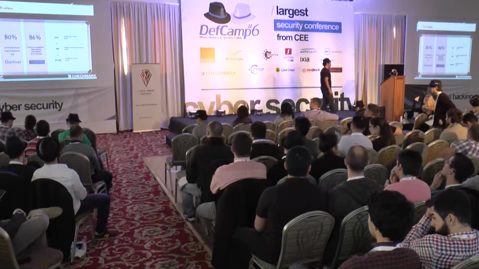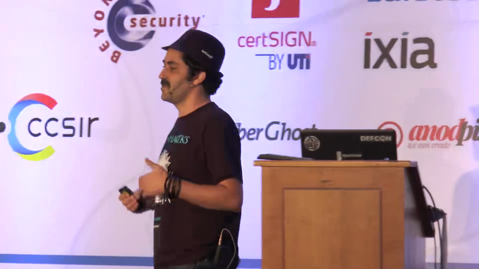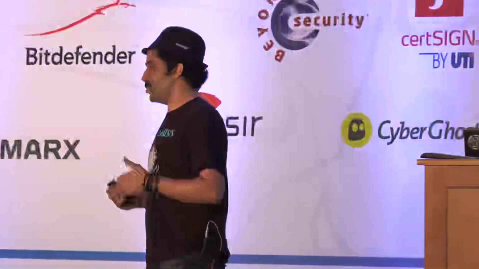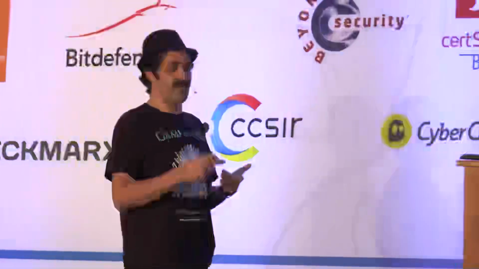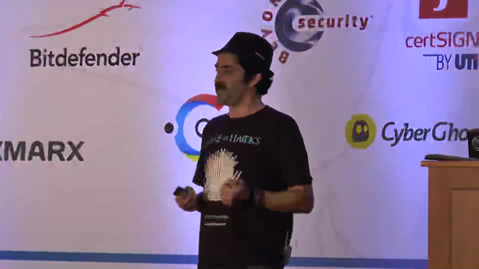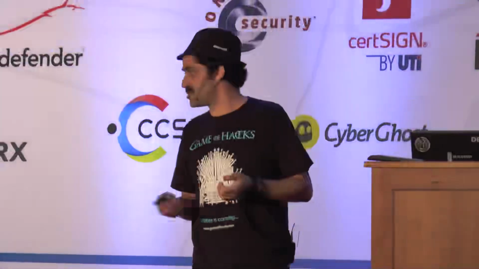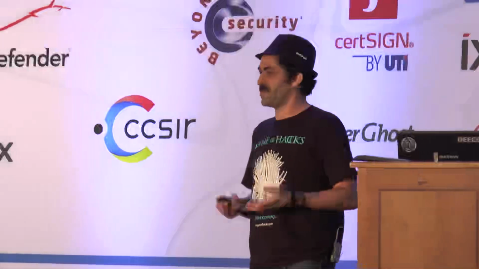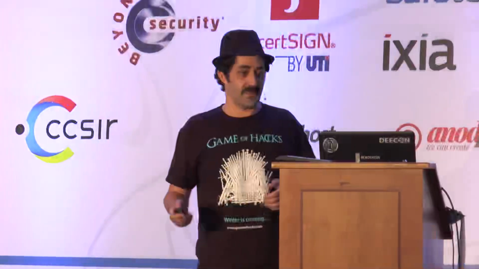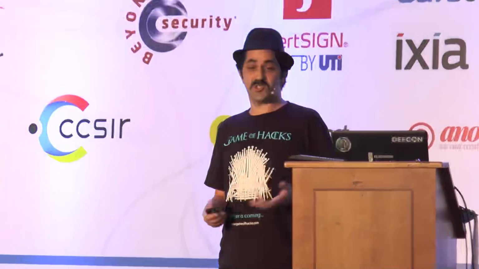The thing is that it becomes more and more obvious that breaches are occurring on the level of the development, so on the level of the code. If the code is not perfect, if the code is not protected, no firewall, no endpoint protection, nothing can prevent a user logging on and running an SQL injection. If the code is not sanitized, it's not clean, it's not secure, the hack will always happen. And we're seeing that more and more of the attacks are targeting the application layer.